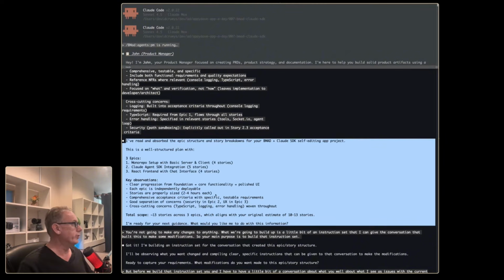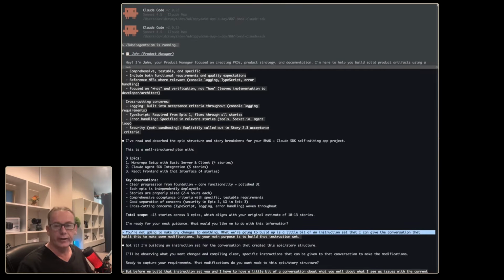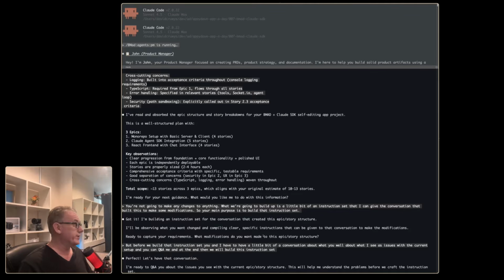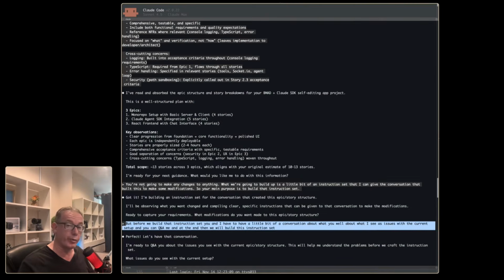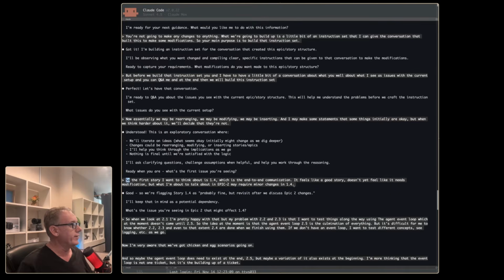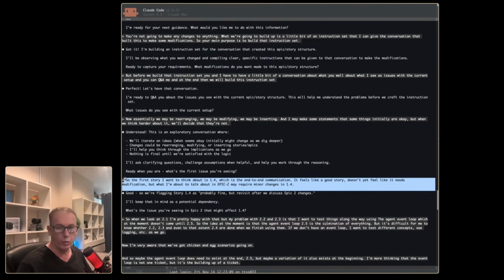I've got it highlighted in blue, and I just tell it that you're going to help me build up an instruction that we can put back into the previous conversation. So the goal of this conversation is purely to build a prompt to paste into the other conversation. But before we get started, I ask it to do a bit of a Q&A session with me to get clarity around the problems as I see them. I tell it that I'm pretty happy with Epic 1. I think it's good, but I think there's stuff that we're going to talk about in Epic 2 that will impact it. So I just prepare it to know that it can change Epic 1,